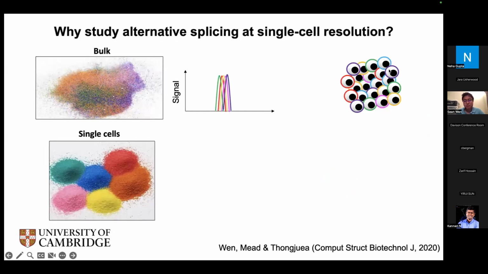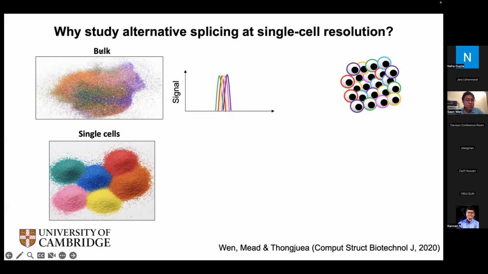Now, hopefully I've convinced you on why we should go beyond genes and study splicing. This slide is really trying to convince us why we should study alternative splicing at the single cell resolution. So in other words, why can't we just look at the whole tissue, but instead go one step further to look at splicing at the single cell level? If you look at the top panel over here,